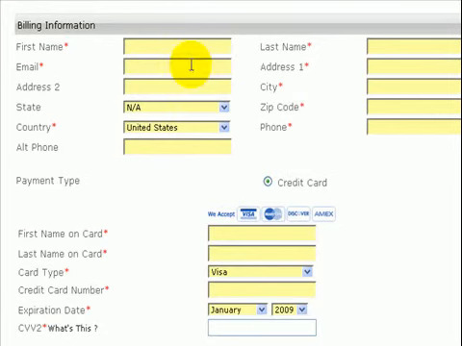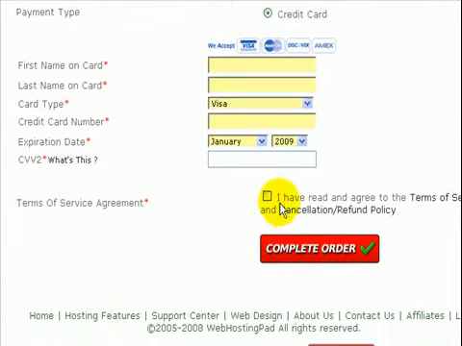Now what you do is simply fill out your personal information and your credit card information, and at the bottom here you'll check that you've read the terms and agreements and the cancellation and refund policy, and then you'll click complete order. Once you've done that, you're going to get an email with all of your login, user and password information. That email you will forward to me so that I can set up your account for you. You'll also want to send to me any pictures that you want to put on your site, and the home page